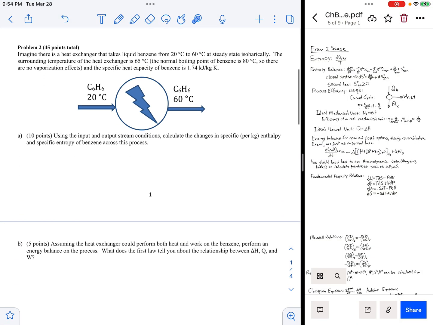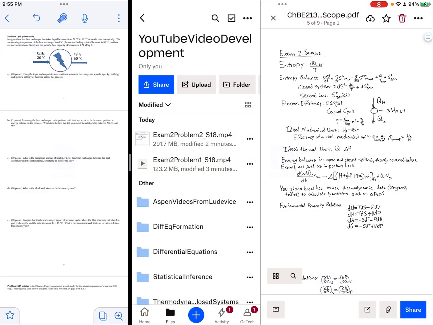In problem 2, we have a heat exchanger, which would be perhaps part of a heat engine. It raises the temperature of benzene from 20 to 60 degrees. It's isobaric. The surrounding temperature is 65 degrees C, and we're given a heat capacity. So this looks like a heat engine kind of problem. Given the input and output, what is the change in enthalpy for the process? So this probably involves